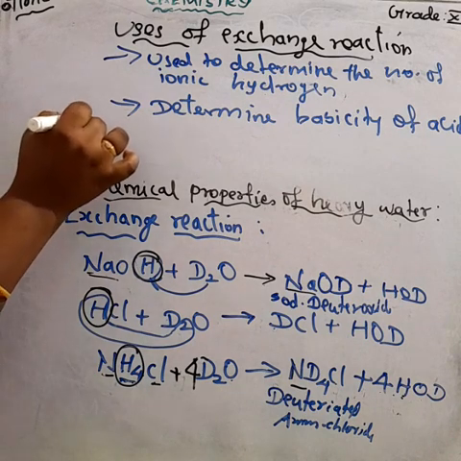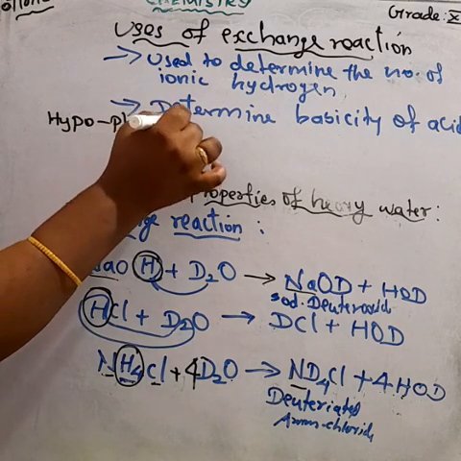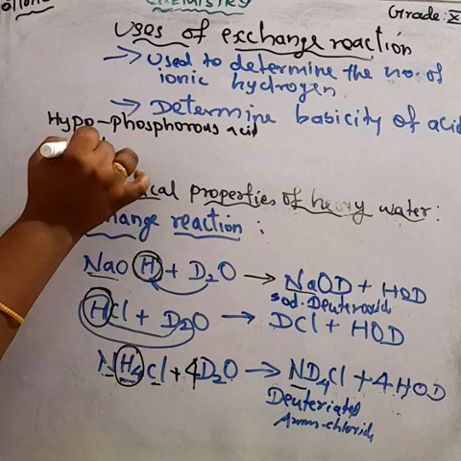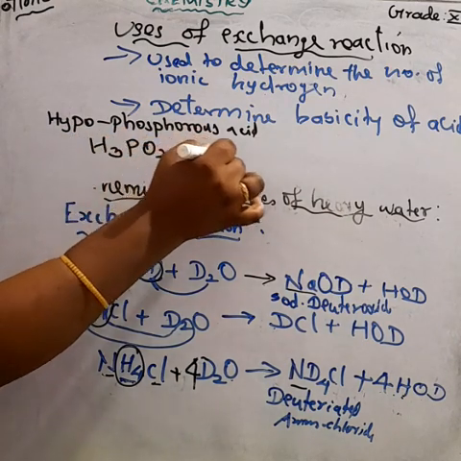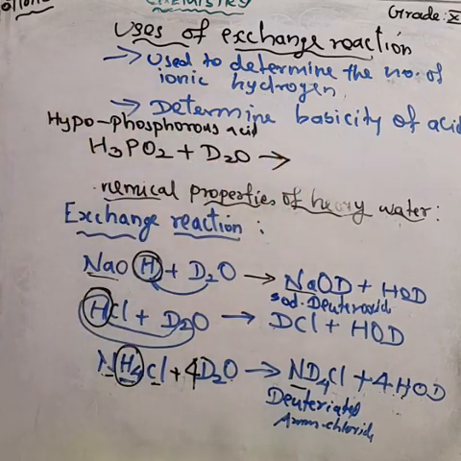What is the formula for hypophosphorus acid? H3PO2. Hypophosphorus acid, H3PO2, is treated with deuterium oxide, D2O, to form